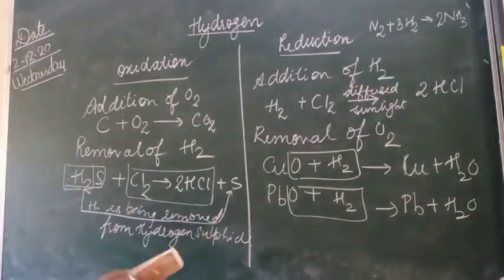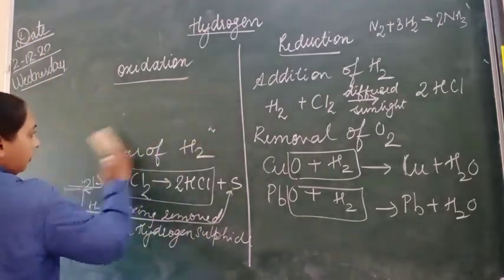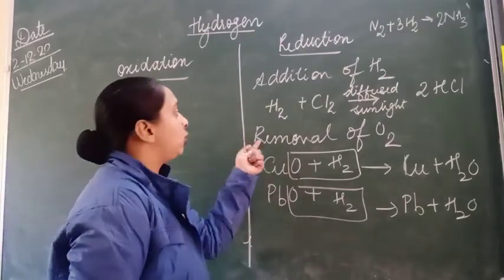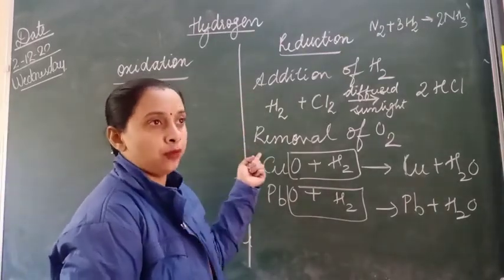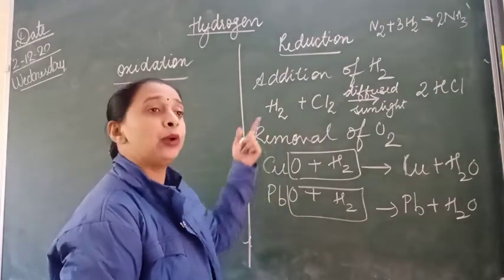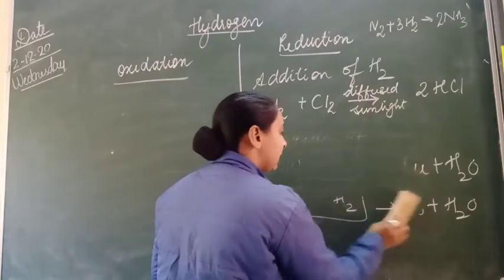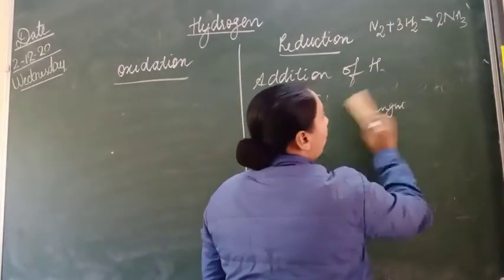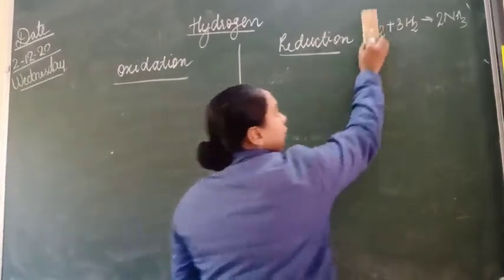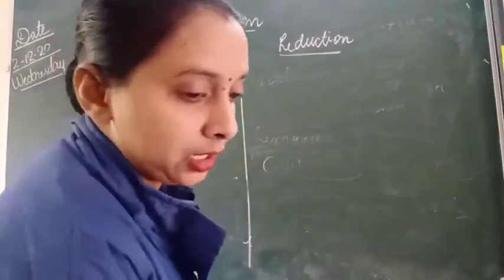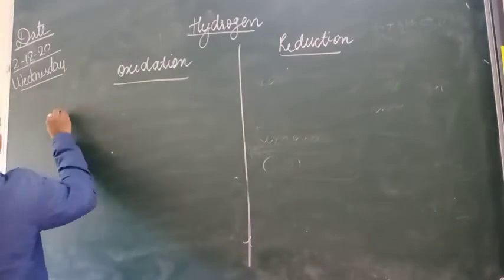Okay, then let us see other definitions. Now this is what you have studied in previous class, but then you studied only in terms of words, and these are now in terms of equations. So whenever in the exam you will be asked, you have to mention it in the form of an equation. Are you getting? Now the next new point you have to study here is addition of electronegative element.